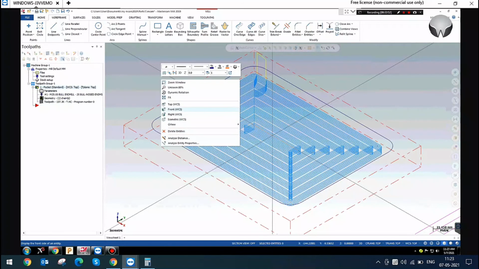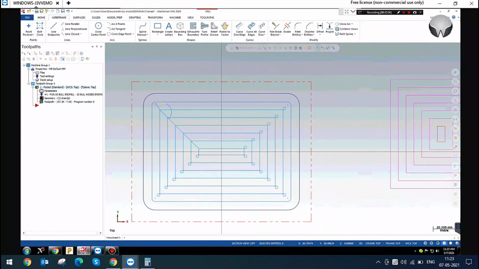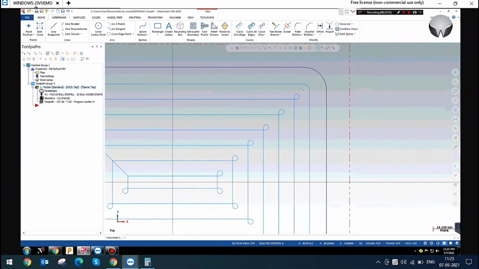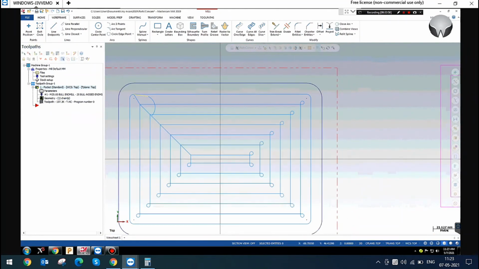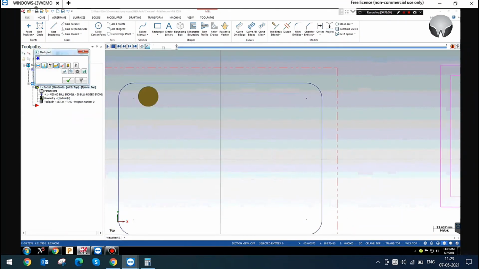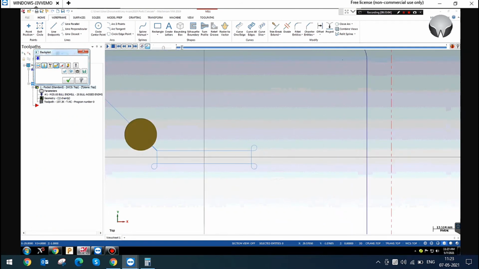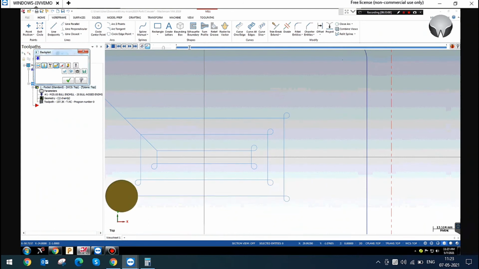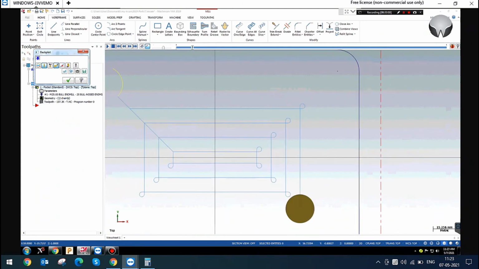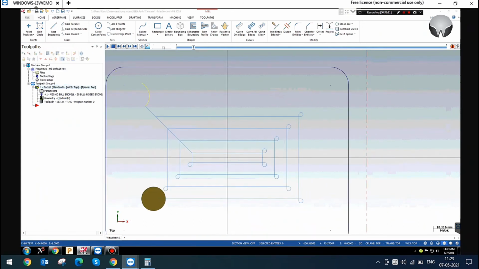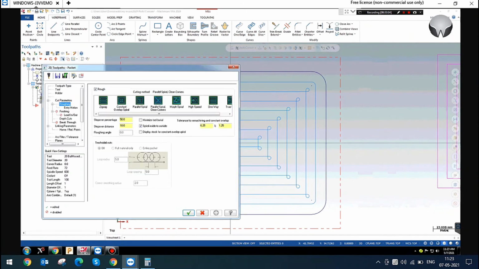This is effective corner clearance, and it creates a small radius at the corners. You can see the differences. This is the clean corner option. It takes much time to create this, so we mostly use the constant overlap spiral cutting method.